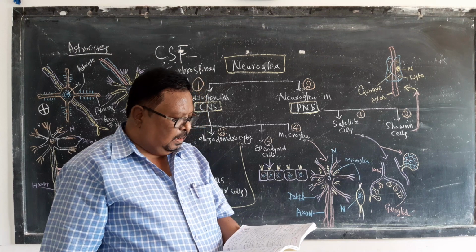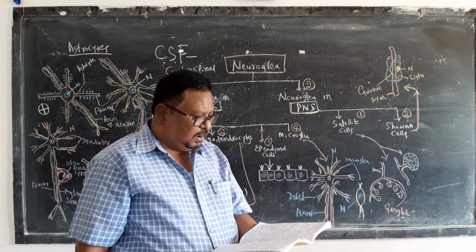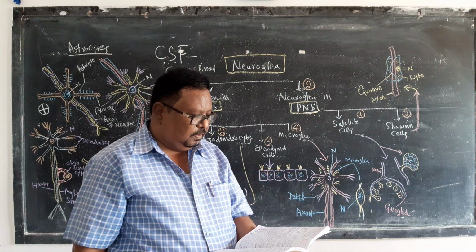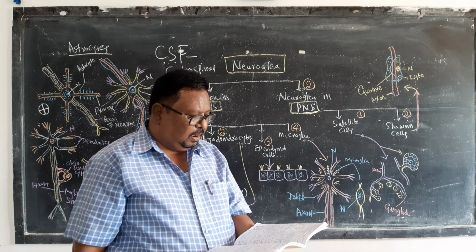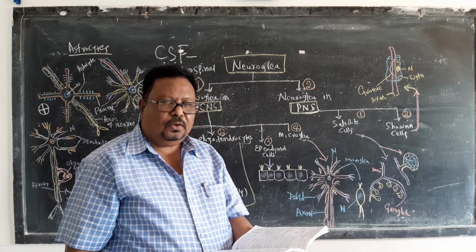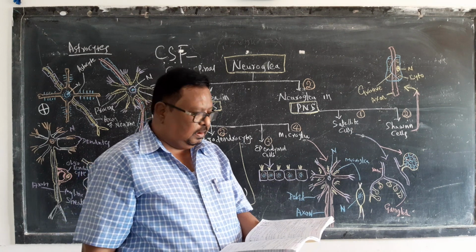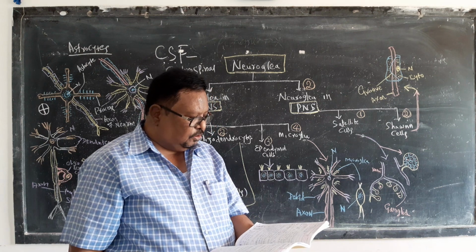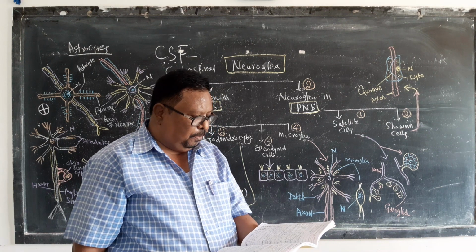Functions are: they regulate the external chemical environment of the neurons. They are similar in function to astrocytes. They work like astrocytes. They play an important role in